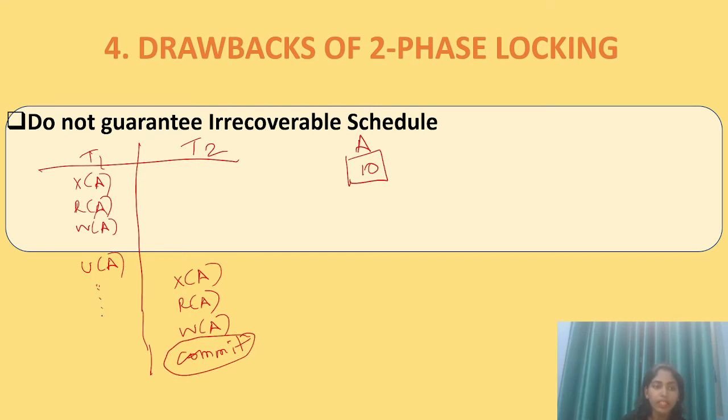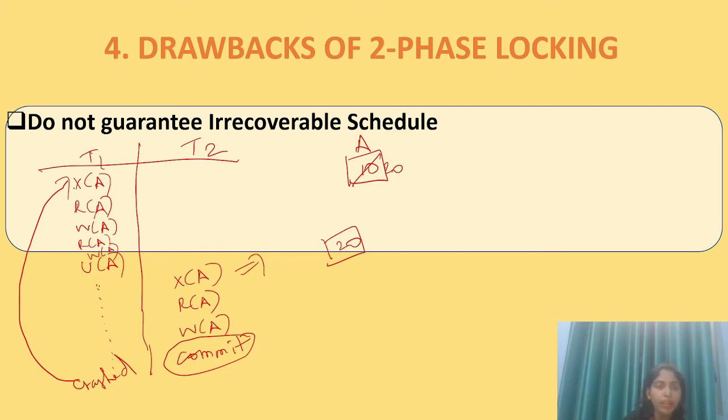Now suppose T1, while executing somewhere before committing, crashes. If the transaction crashes, it will go back to the starting position, so it has to roll back the value. He must have read, written, and again read another value. Whatever value he has changed, the same value will be read by T2. T2 will read 20 because T1 has made it 20 at the last. So T2 will use 20 at the start. He will read 20, he will write 20 and he will commit.